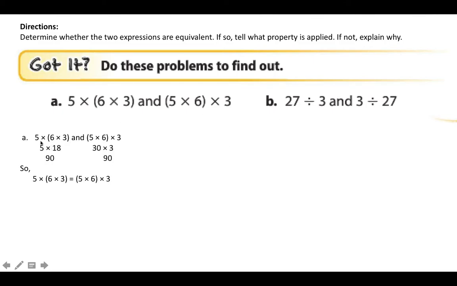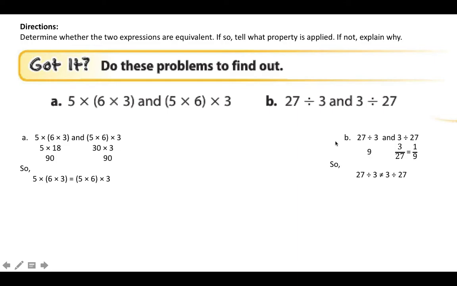So in A, we are looking at 5 times the quantity 6 times 3 and the quantity 5 times 6 times 3 and determining if they're equivalent. Well, if we simplify 6 times 3 first, because it's in parentheses, we get 18. Times 5 gives us 90. And if we first multiply 5 times 6, we get 30, times 3 gives us 90. So because we got the same answer, these two expressions are equivalent to each other. Let's check out B and see if they are